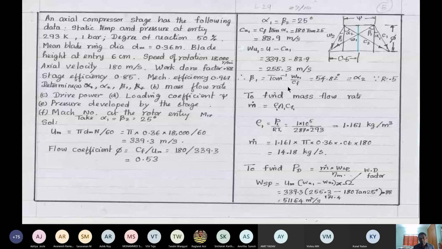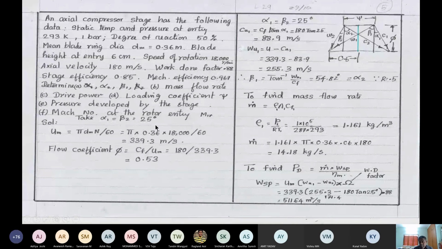Okay, you may recollect. So in this case, non-dimensional thing, the base is 1, the height is the flow coefficient phi, the top side is the loading coefficient psi. Then from the midpoint of the top side, if you drop a vertical, it will divide the base in the ratio r is to 1 minus r. So here it is 0.5. So this side 0.5, the other side also 0.5. It will just bisect the base.